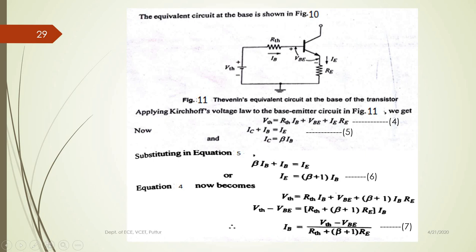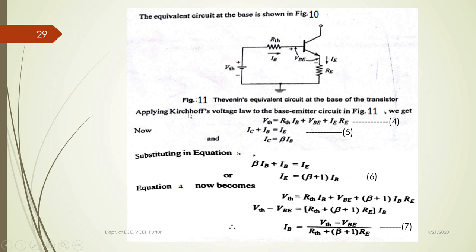Okay, so the next thing is we need to calculate the amount of base current, the amount of collector current, the amount of emitter current flowing, and the output voltage VCE. This we will be getting by applying Kirchhoff's voltage law at the input side and at the output side. So here